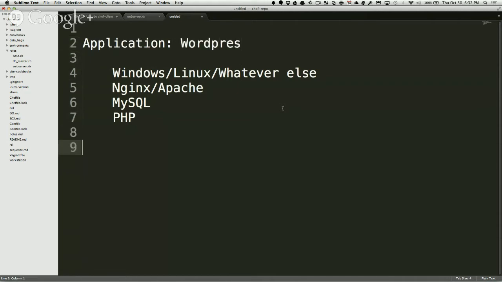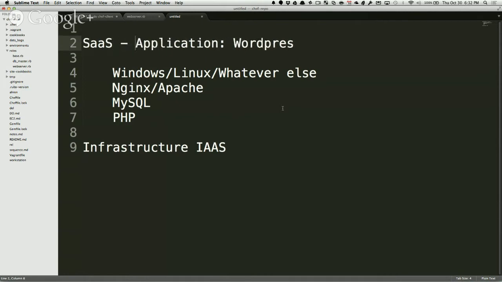And it all runs on some kind of infrastructure. This is where IaaS comes in, and this is where software comes in. Software typically are applications, like WordPress here running.